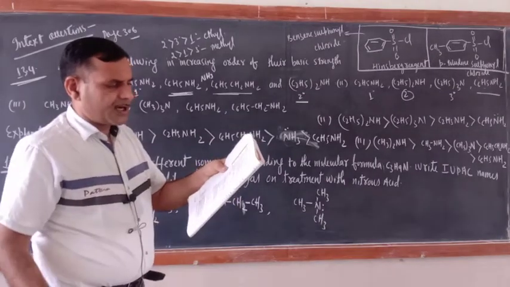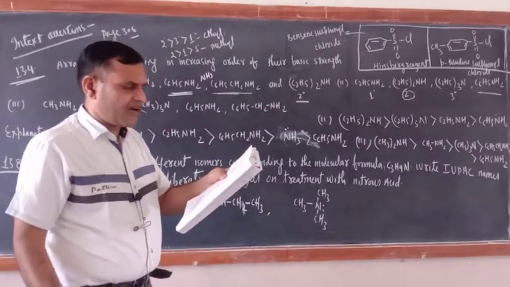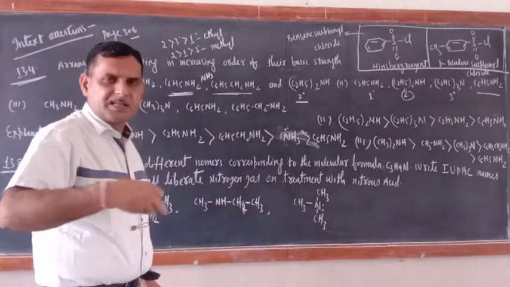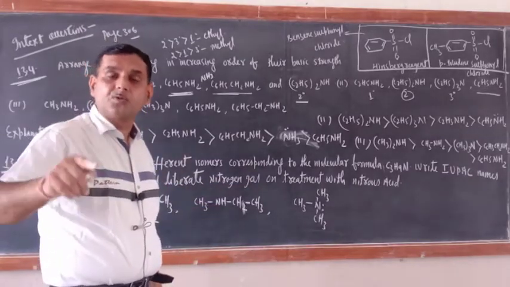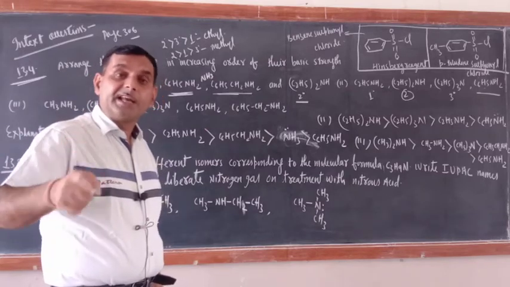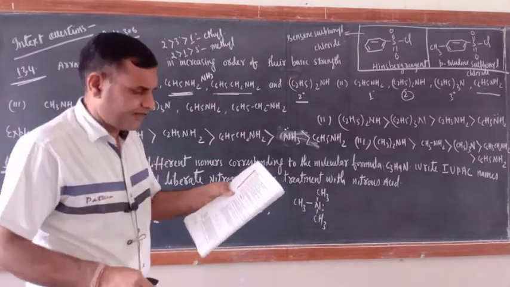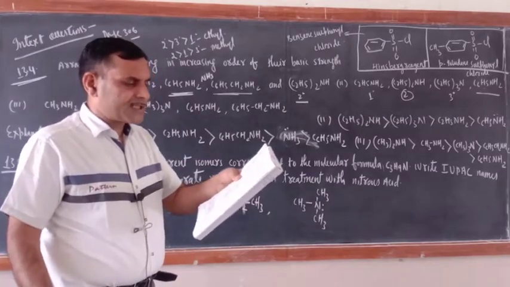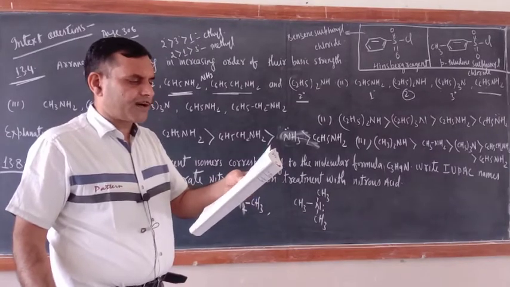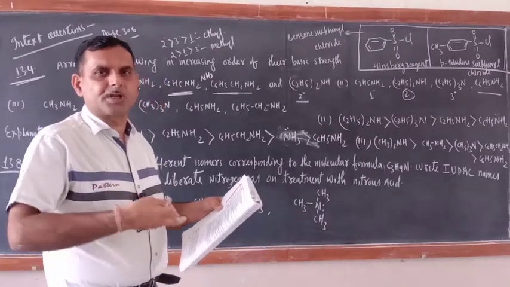13.6 also, write reaction of the final alkylation product of aniline with excess of methyl iodide in the presence of sodium carbonate solution. I did this one. Just keep replacing the H of NH2 group and form the quaternary anilinium iodide. Okay, anilinium iodide. You can do this one. 13.7, write the chemical reaction of aniline with benzoyl chloride and write the names of the product obtained. You can also do this one. I have completed in the video. Please do solve these exercises.